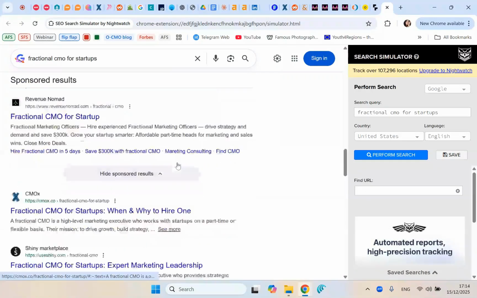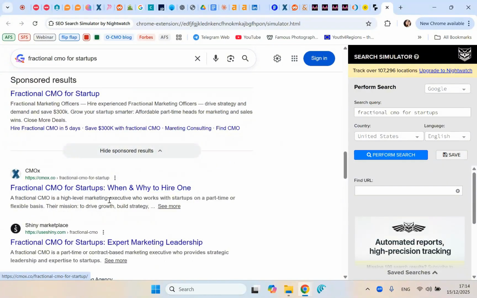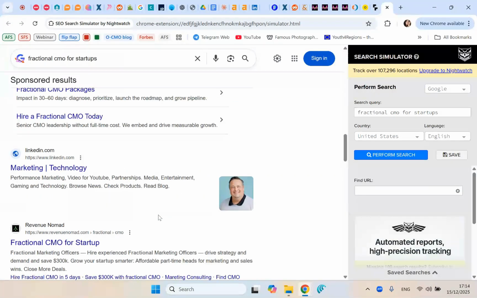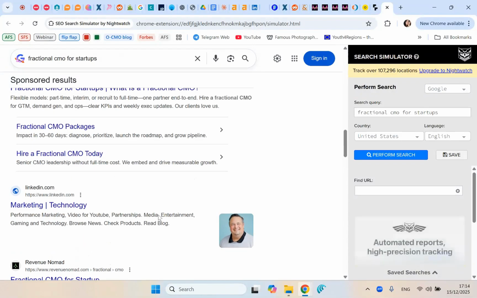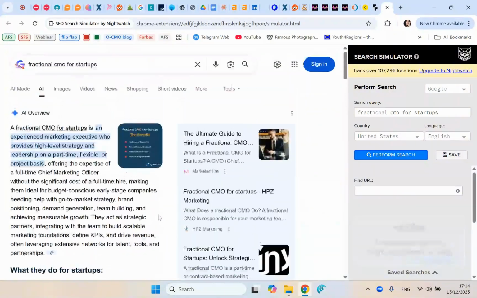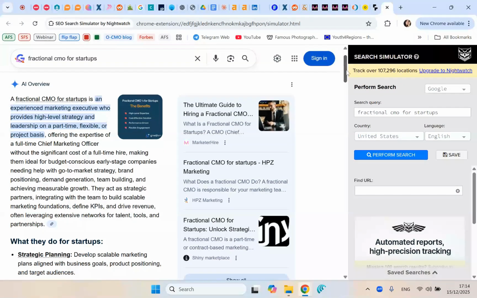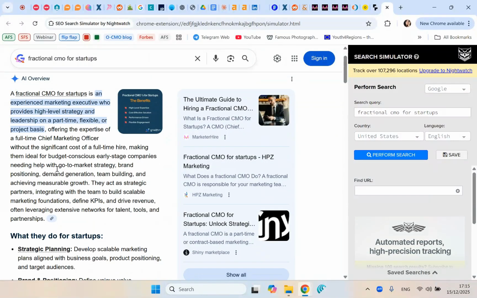And ideally, you would want to go through each of these one by one and try to understand what's the intent behind the keyword. So what each competitor, what each news outlet, media channel, website are talking about. I assume I'm not going to walk through all of it. Obviously, you'll be doing this research for yourself, but our idea is, if you just go to ChatGPT and write down, please help me write a blog article about fractional CMO for startups, ChatGPT will give you a lot of generic bullshit that will be based on this.